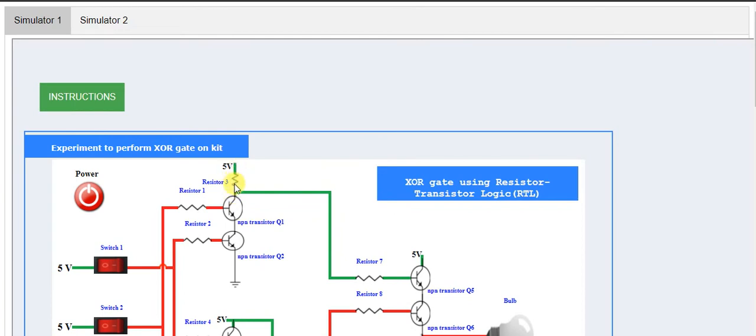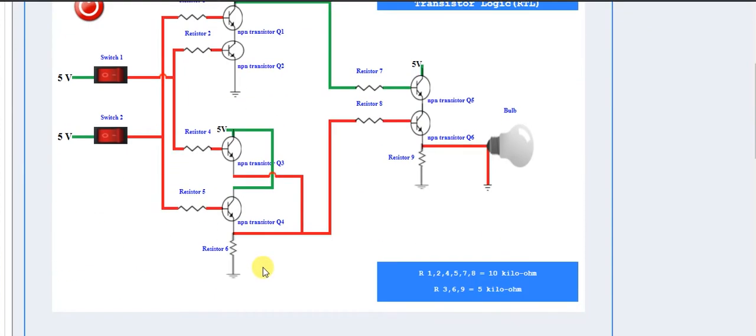In the first group, there is a common current that is passing through transistor Q5 and the collector of transistor Q1. Similarly, the emitter of Q1 is connected with the collector of Q2, and the emitter of Q2 is connected with the ground. Similarly, from the same 5 volts, the collector of Q3 and the collector of Q4 are connected together.